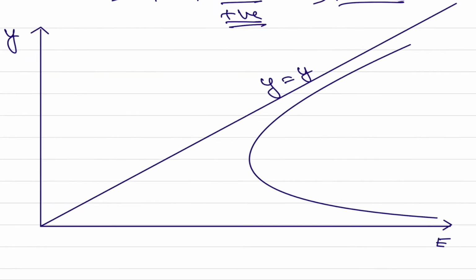This is how our variation in E with respect to Y is going to look. So what we are saying here at this point, if we are at, so this is our line where the entire head is represented by Y, of course. This is the component which comes because of velocity.